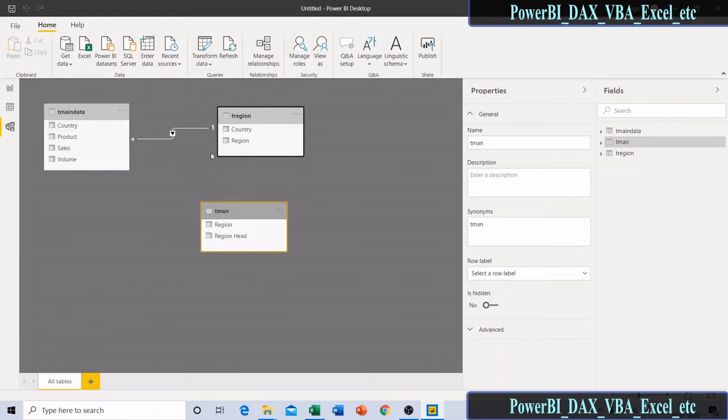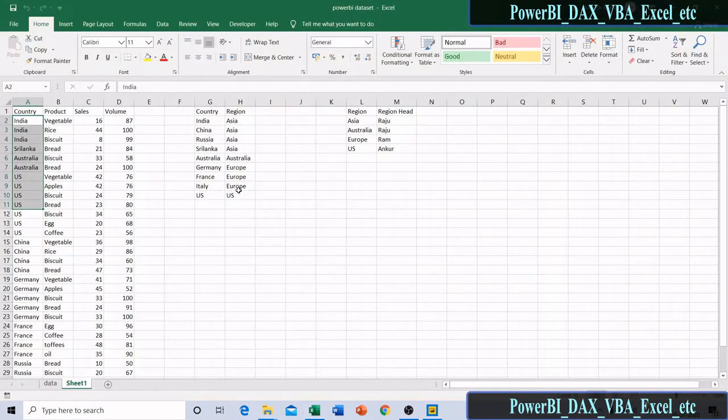That means if you are applying a filter on this main data table, it will not impact this region. Okay.